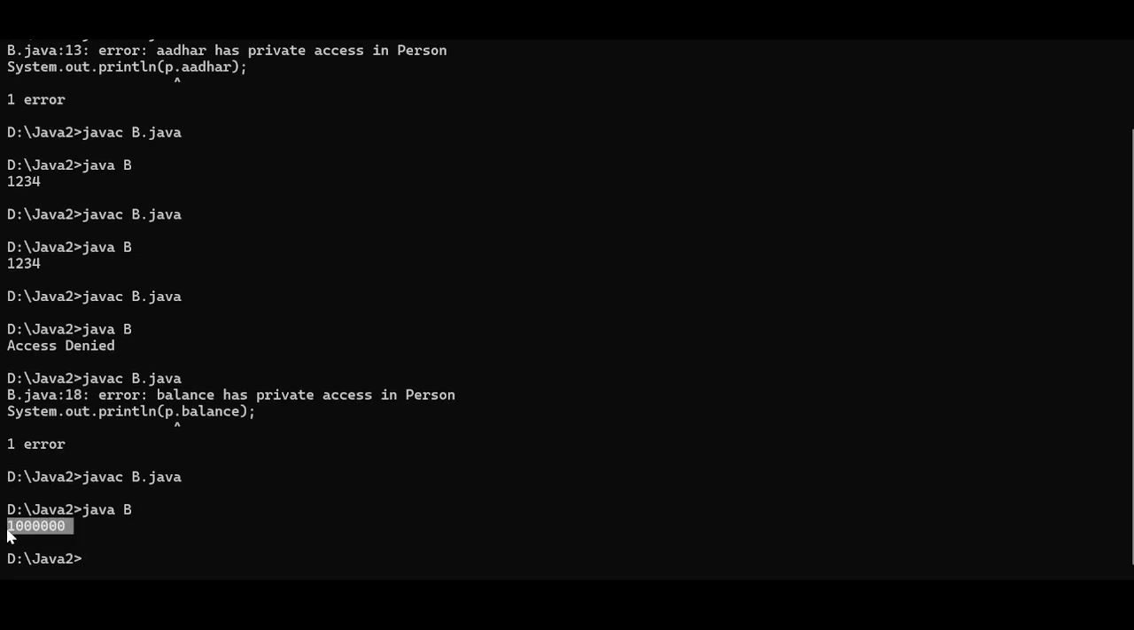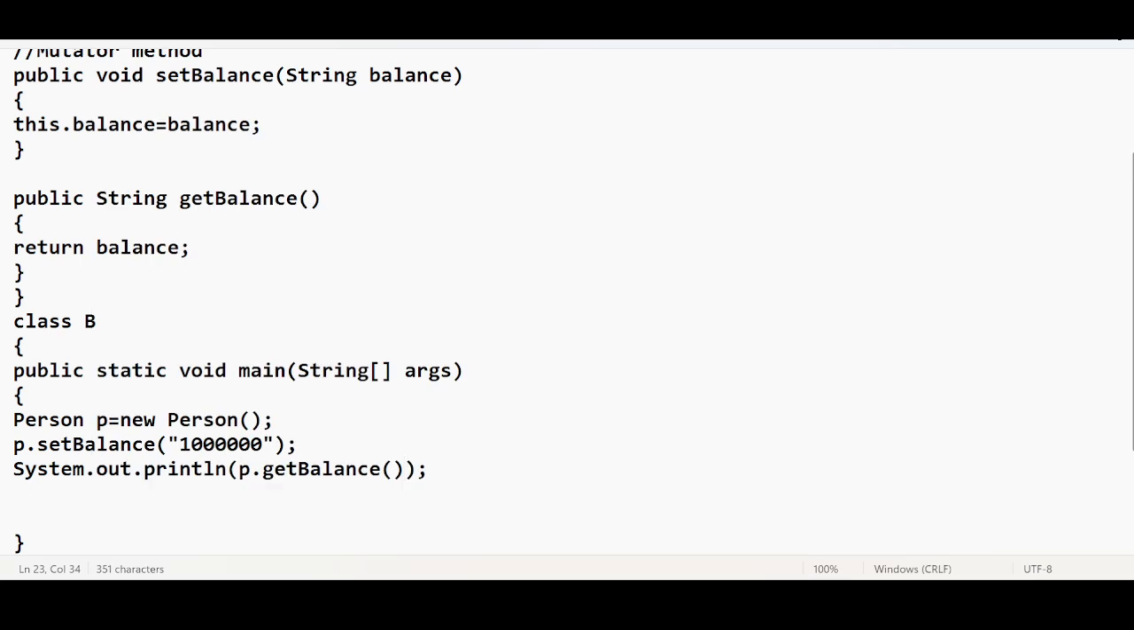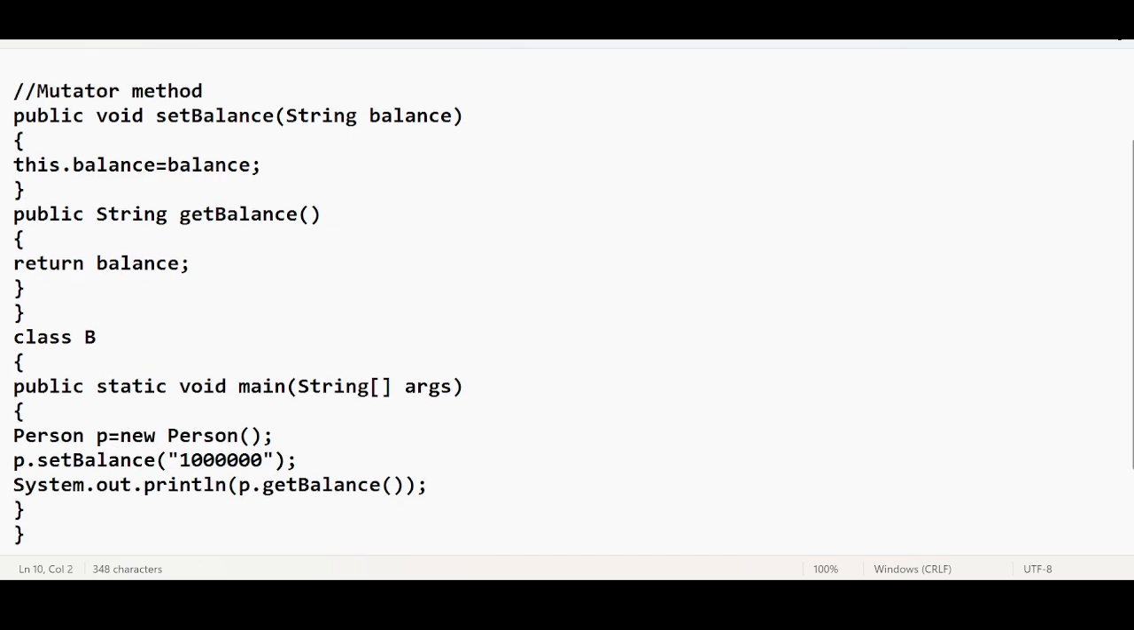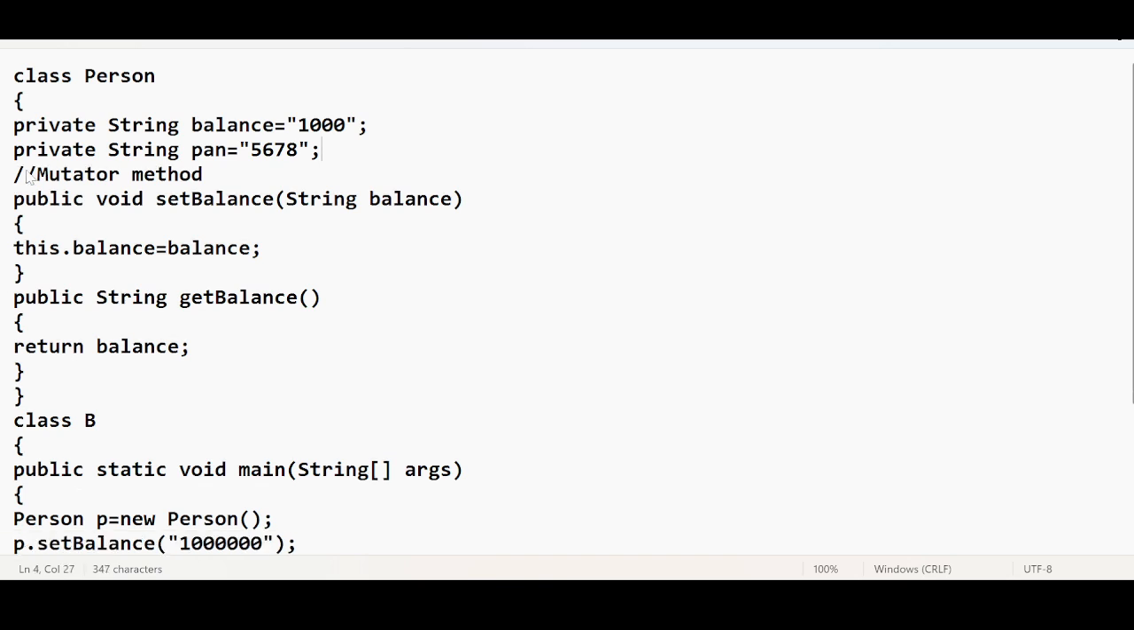Okay, now the balance has been set from 1000 to a bigger amount, right? So the data is getting compromised. That is a data inconsistency. Security is compromised. We are doing this kind of activity, which is illegal. Even though we are using a private variable, the value is still getting modified to a greater amount